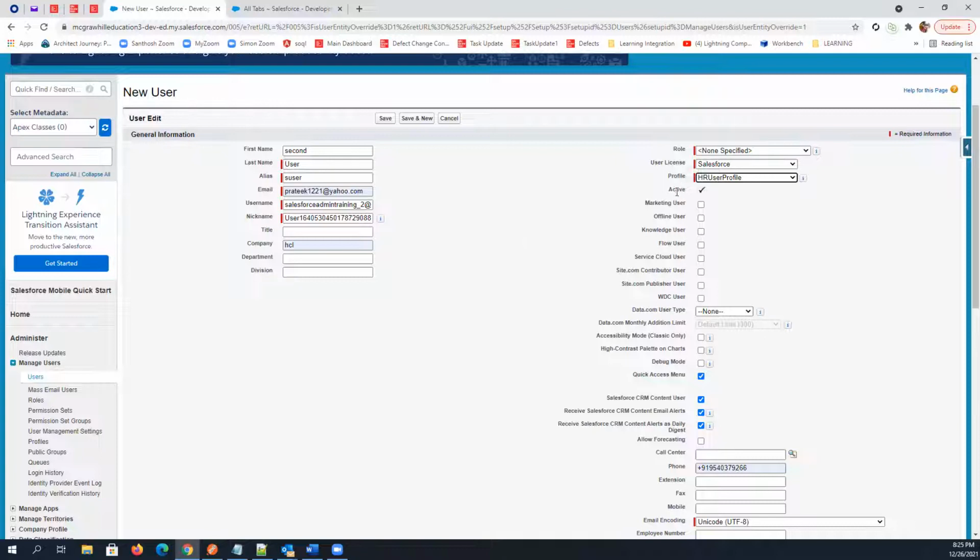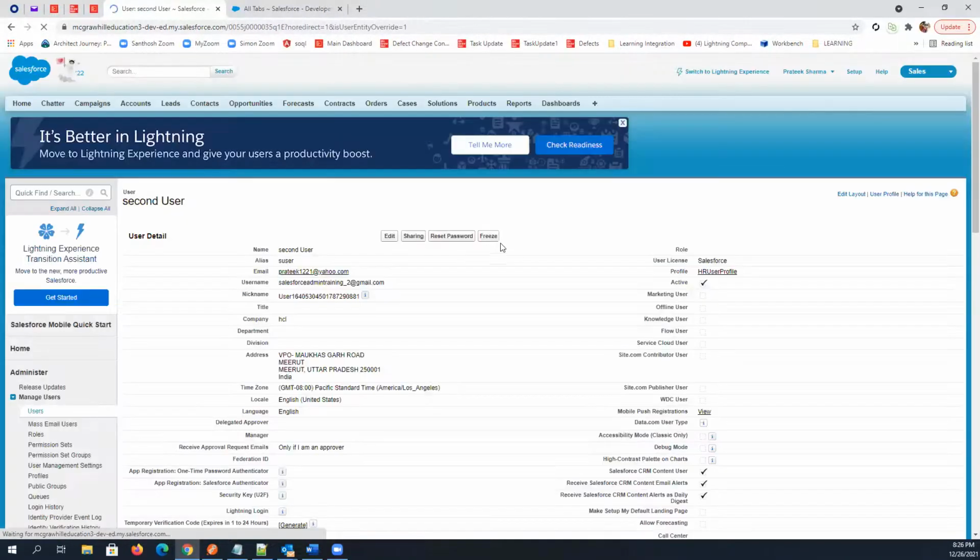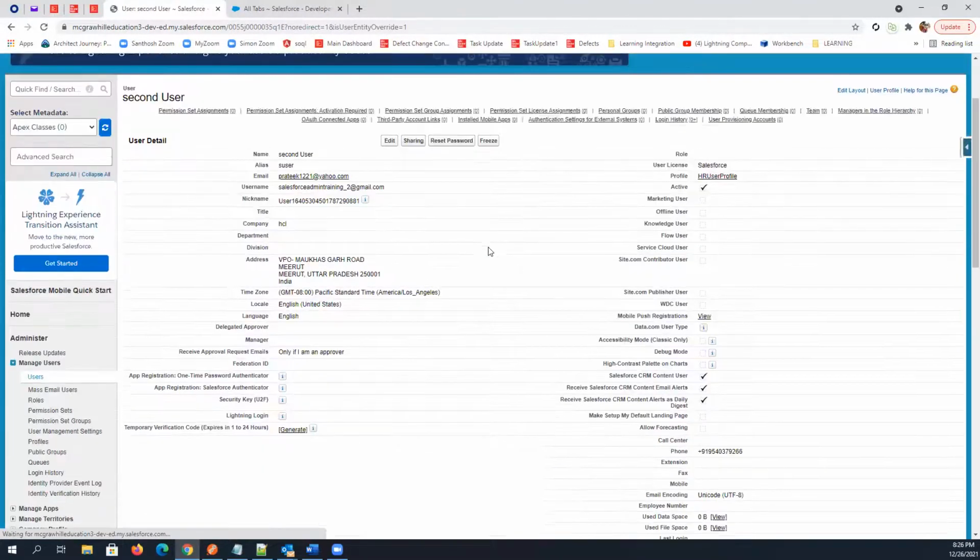So we have assigned, and this particular checkbox is checked. It means that particular user will be active. So you can always deactivate any user by just unchecking this particular checkbox. Okay. I'm just hitting save. Let's see if it hits any error. No error, right? And what it will do is it will send an email to the email ID for password reset, right?